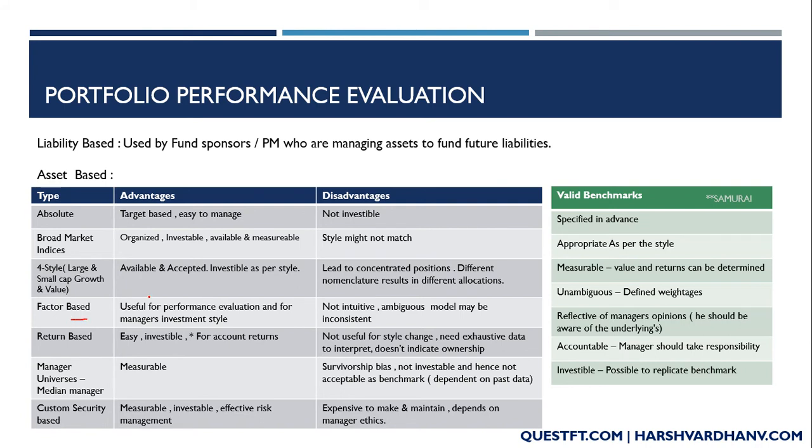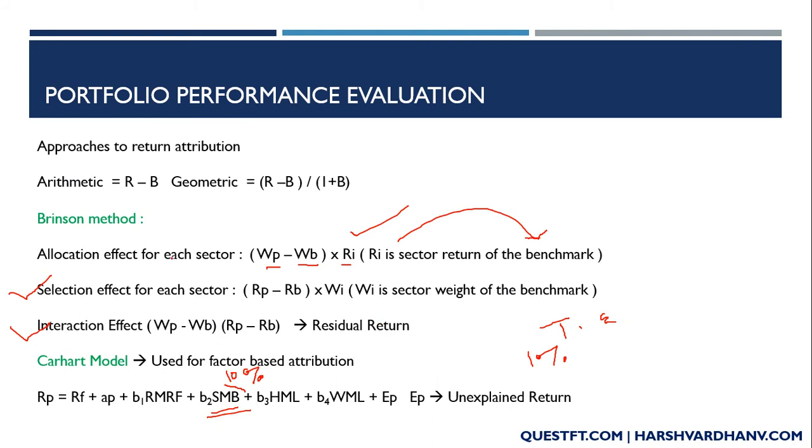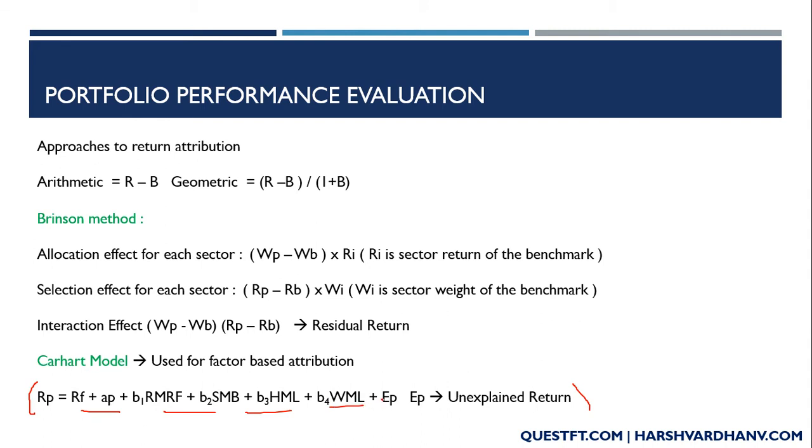Fourth is the factor based benchmark. We have read about the Carhart model that we have used for investment performance analysis. It is not intuitive, ambiguous, and the model may be inconsistent. Now let me take you back to that model. So this model that we are talking about now is not intuitive. If you go to a normal person and explain this to him, it's not intuitive, right? Even from a definition perspective, theoretically it looks good, but when you implement it, it does not make intuitive sense,